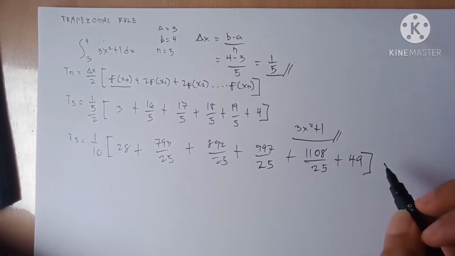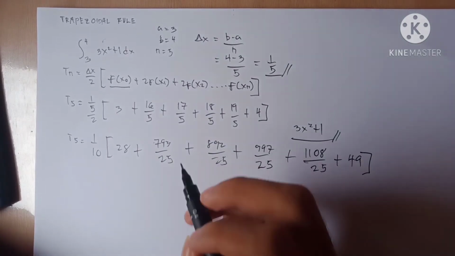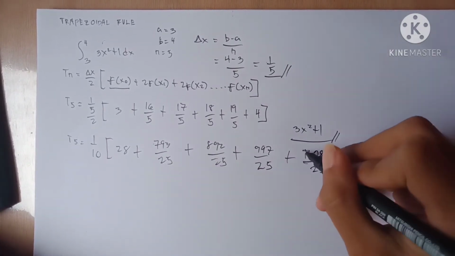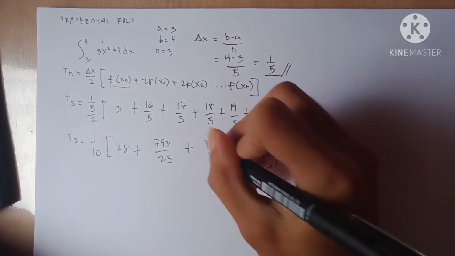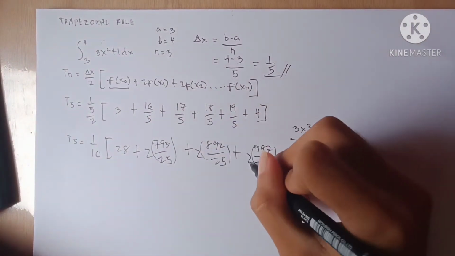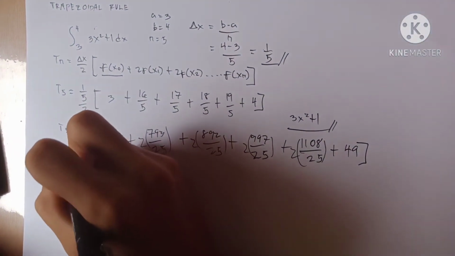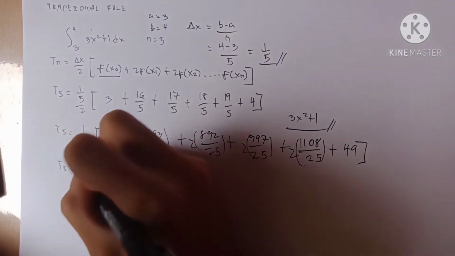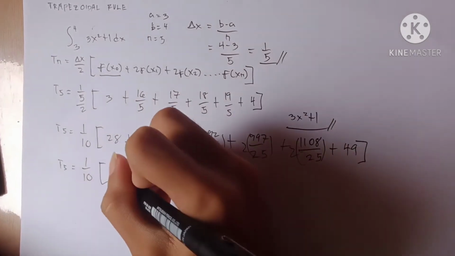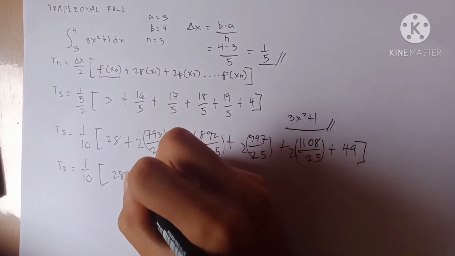The terms between the first and the last term should be multiplied by 2. 2, 2, 2, 2. Then we have T of 5, copy. Then baba na lang yung first term. Plus, then